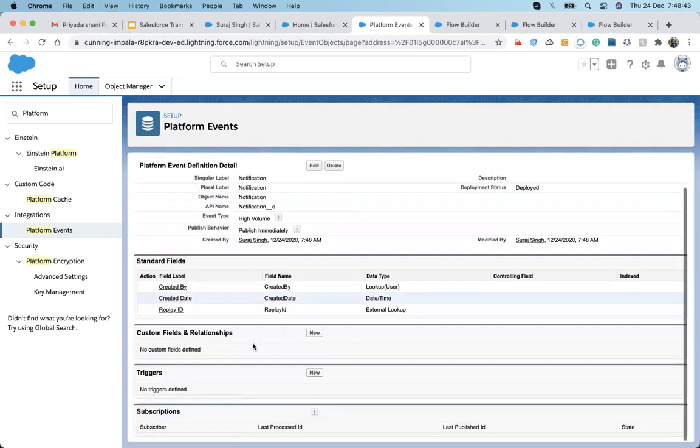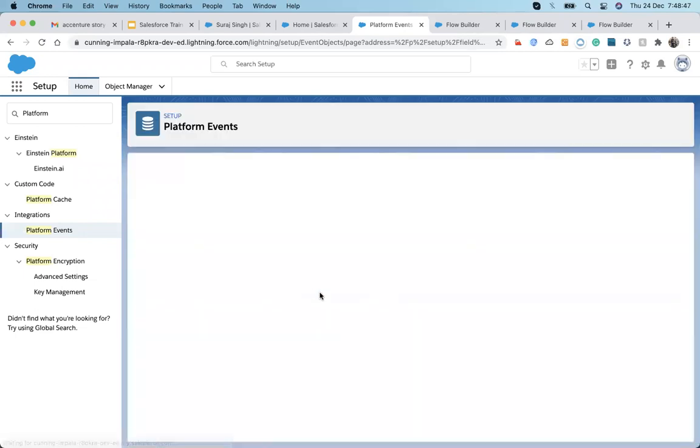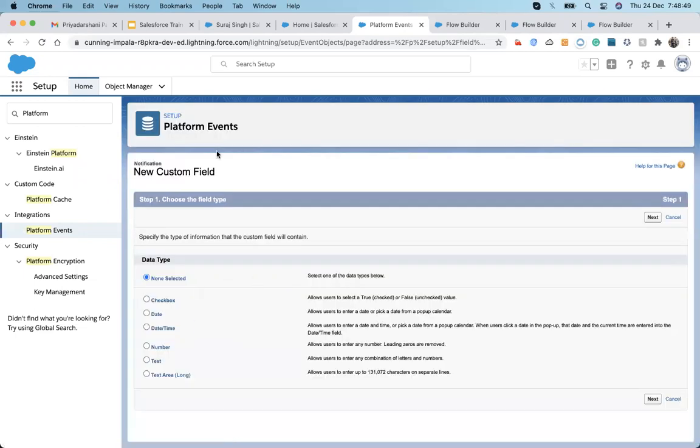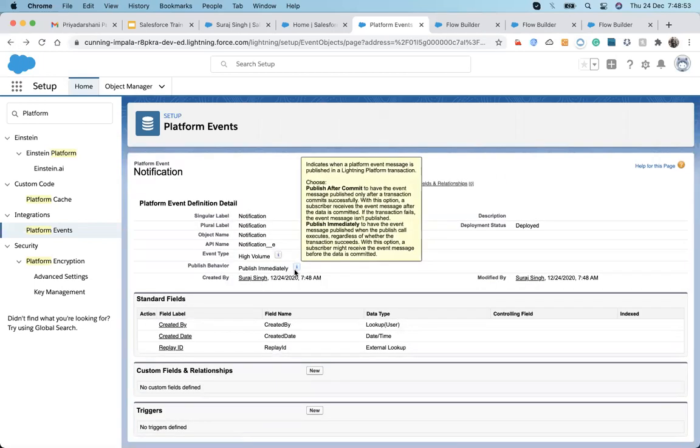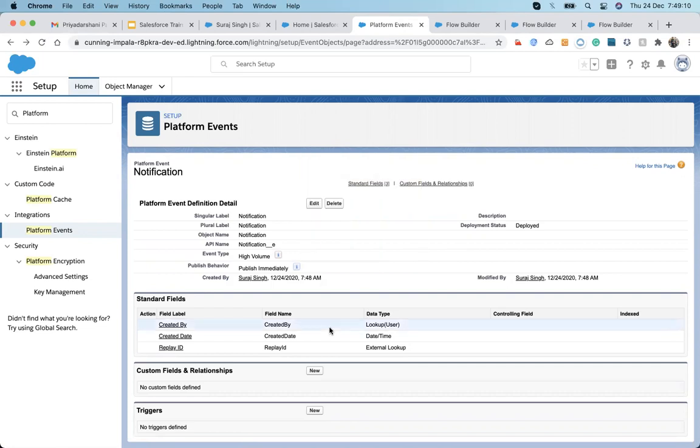It comes up here. And you can add fields over there. Why are we creating fields here? Whenever we send the notification, we also want some description or details in that notification. Suppose I send the record ID of the record we are making changes on.